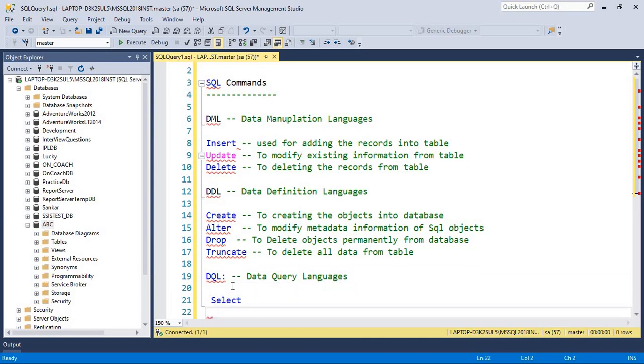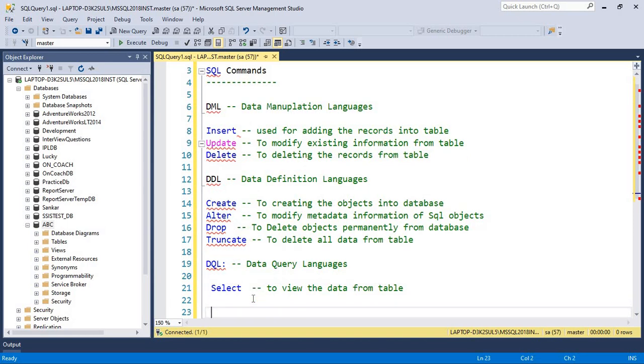You can see only one command, that is select. Select means to view the data from a table. Whatever information is available in the table, we can see using the select statement.